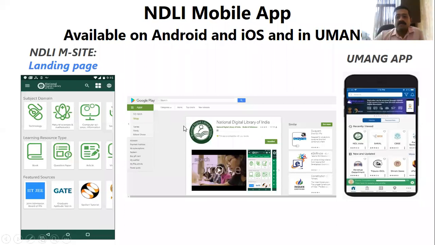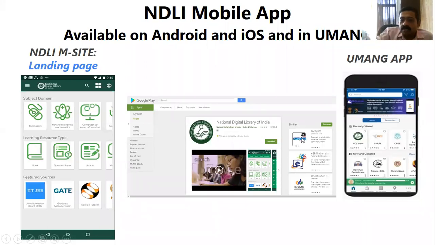Then how can we access with the help of the mobile app? The mobile app is also there, and you can easily download it from the Google app store. I think you are all familiar with using mobile. So please download this mobile app. Just have a try, because it is very easy for you. Then simply use these options.